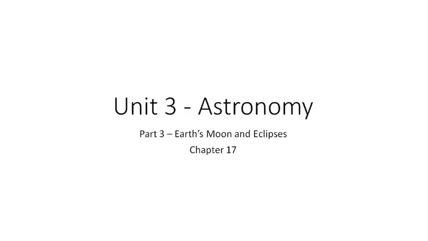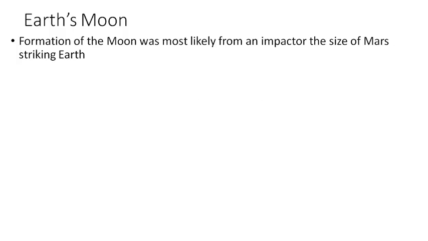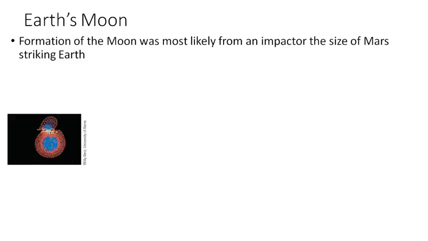I think all aspects of this unit, astronomy, are just amazing. And so here we get to talk about the moon, the amazing moon, Earth's moon. And I think I mentioned before that with Earth's tilted axis of rotation, that 23.5 degree tilt, that probably was because it got whacked early on when there were kind of random things running around the solar system that hadn't become a planet. So something about the size of Mars probably struck the Earth, not only tilting it, but